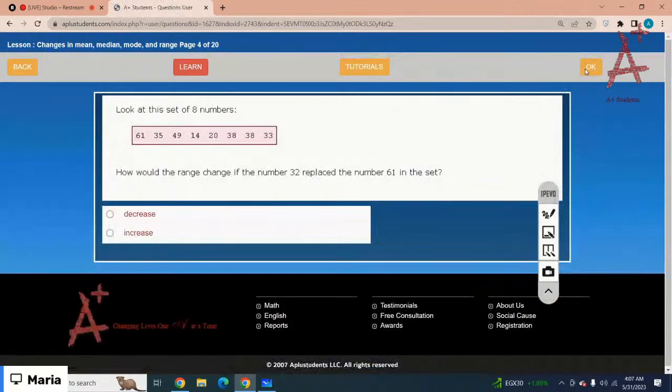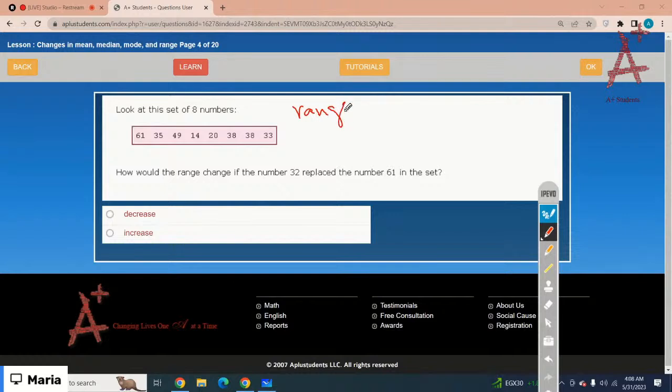Okay, look at this data set of 8 numbers. How would the range change if the number 32 replaced the number 61 in the set? Okay, so for this number, what is range? Range is the difference of greatest and the smallest number. The greatest number in the data is 61 and the smallest number would be